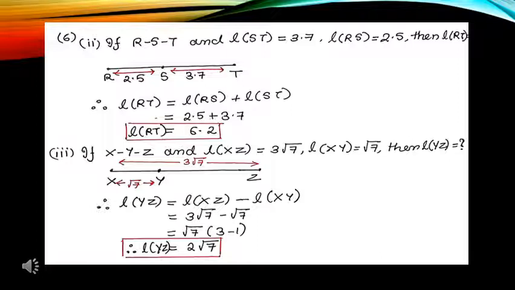Now they've asked me the distance between YZ. Can you see YZ on the figure which I've drawn? Yes. So YZ is nothing but by subtracting XY from XZ, that is 3 root 7 minus root 7. Now we have learned this in algebra earlier. We take out the common number. So we have root 7. It's a common factor, so I'll remove it. So in the bracket I have 3 minus 1. So my answer is 2 root 7. This is my final distance between YZ.